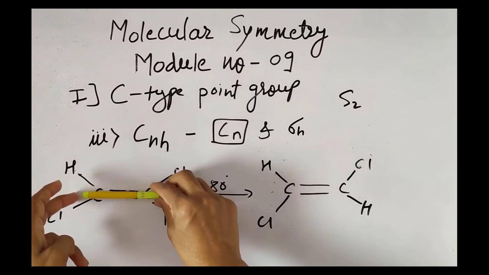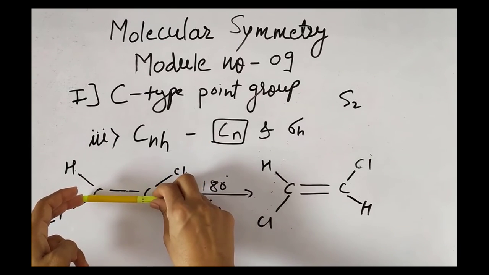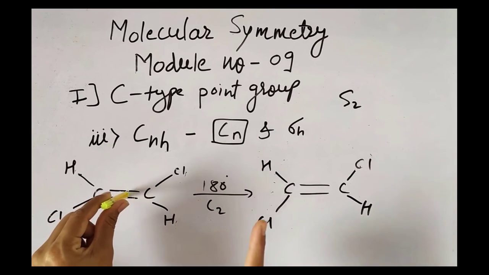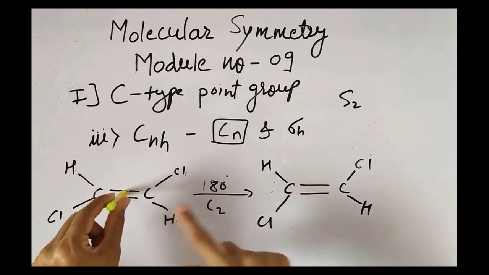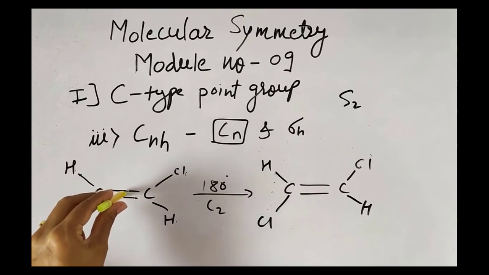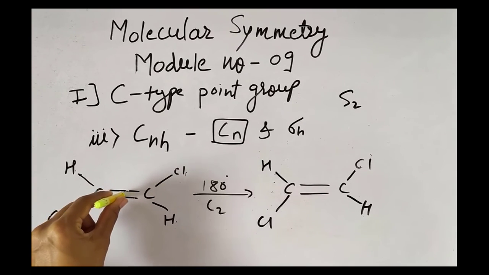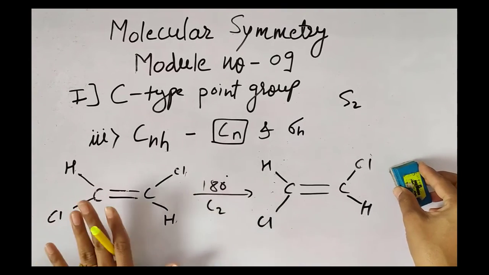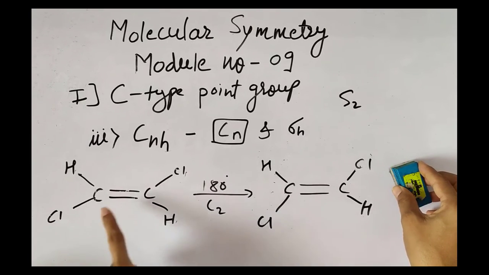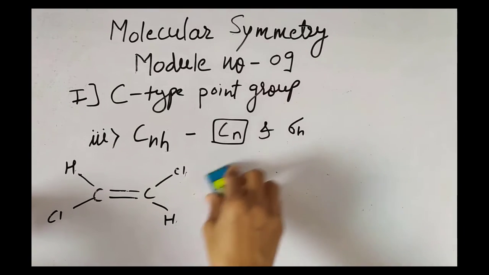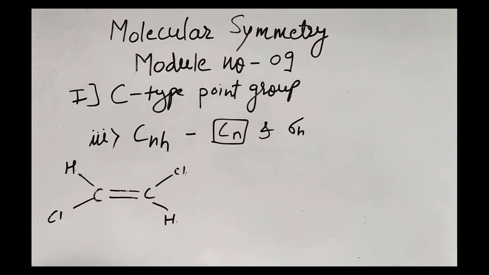So the rotational axis we passed while explaining S2 was different. Here you have to find out the rotational axis only. Which means you should get the same image after carrying out the rotation only. So this is the only rotational axis present in the trans-dichloroethylene molecule, which is called the principal axis. So now we have got the principal axis in the trans-dichloroethylene molecule. Now we have to find out what other symmetry elements are present in this molecule. Can you find out what the other symmetry elements are?